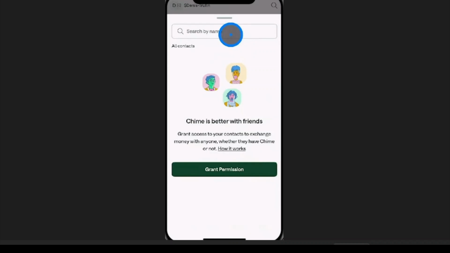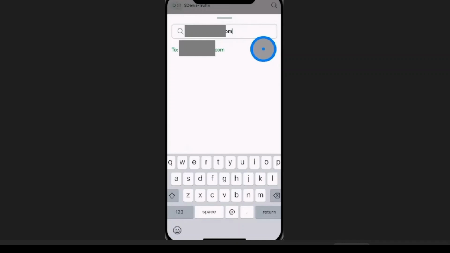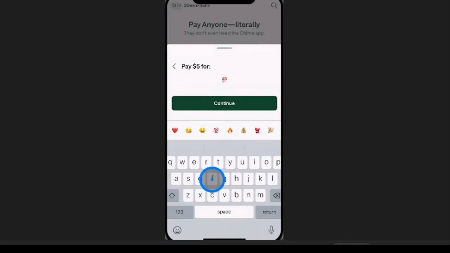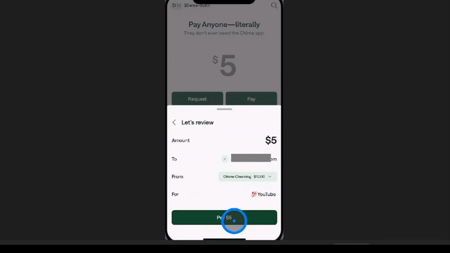Now at the top you can manually enter the email address, phone number, or even Chime tag if they have one. Once you pick the recipient, you will be asked what this payment is for. You can write a quick note or even drop in an emoji like this, and I'm going to do a 100 emoji plus euro. And now all I have to do is click continue, and here you will see a final review